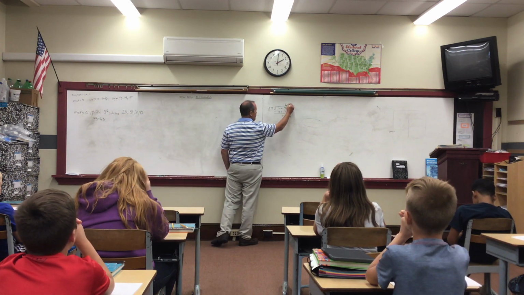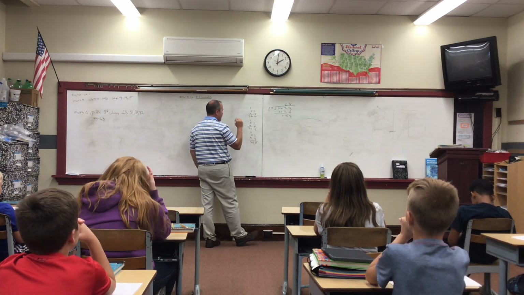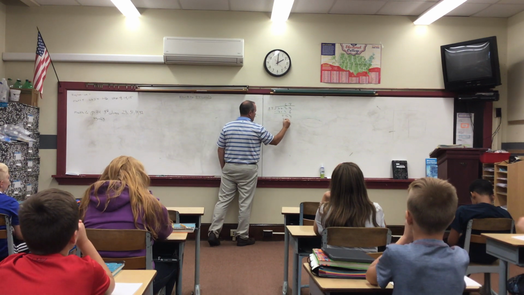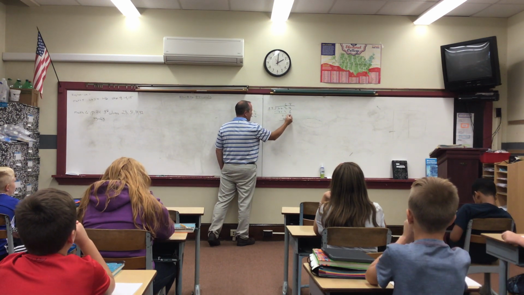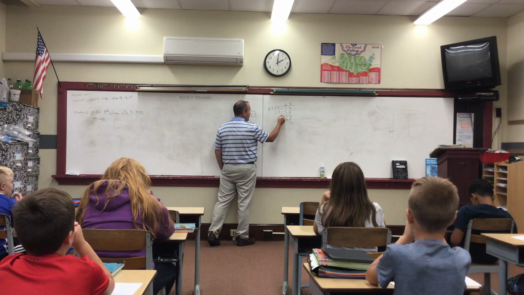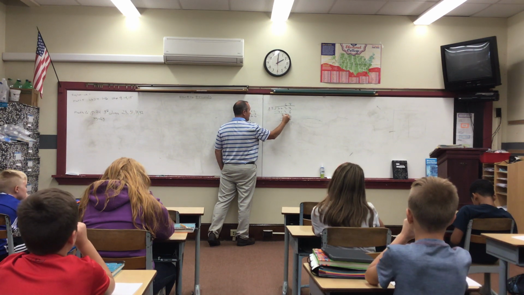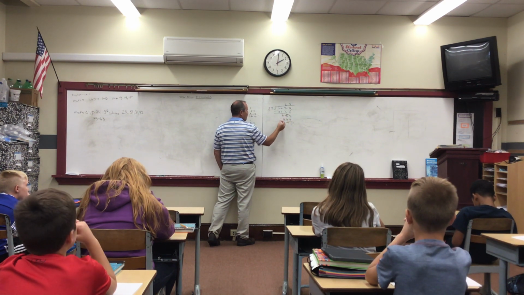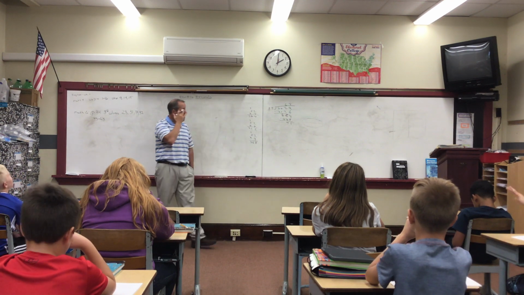This 9 goes above that 9. And then 9 times 52 is 468. And I subtract: 9 minus 8 is 1. 0 minus 6 I can't do. Borrow from the 5 makes it a 4, makes that 0, 10. 10 minus 6 is 4. 4 minus 4 is 0. Now,